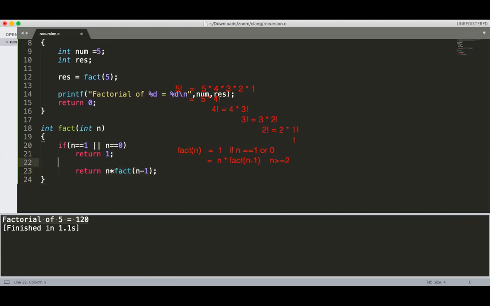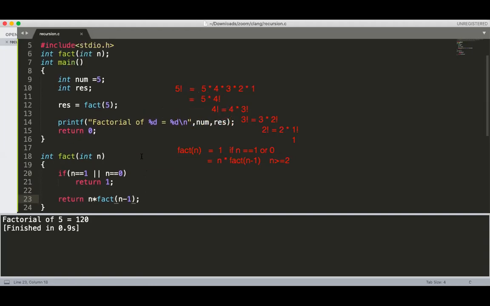Again, there is no need to put the else. If I also do not write the else, it is also okay. Same output, factorial of 5 is equal to 120. Because the first return gets executed when the value of n is 1 or 0, it returns from that statement only and this statement never executes. When the value of n is other than 1 or 0, only then does this last return statement get executed. It is very similar to that last else part.